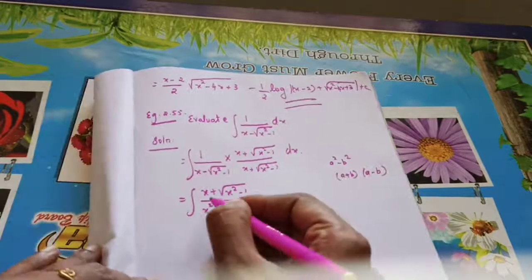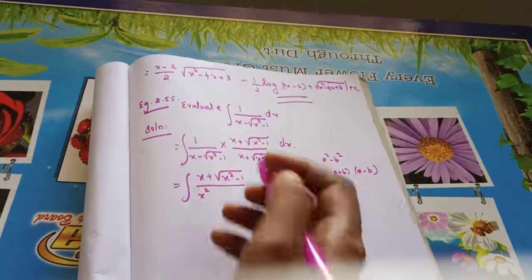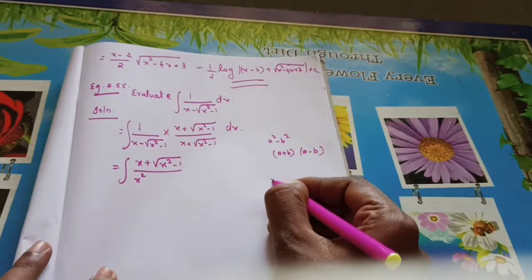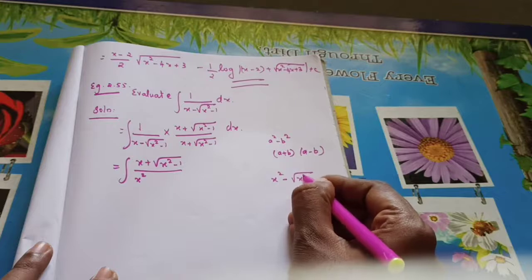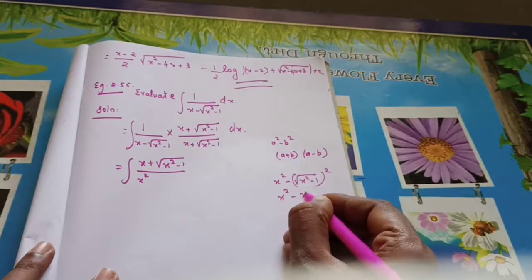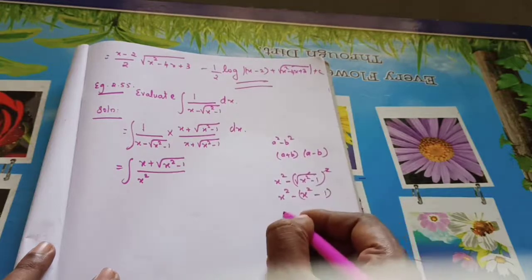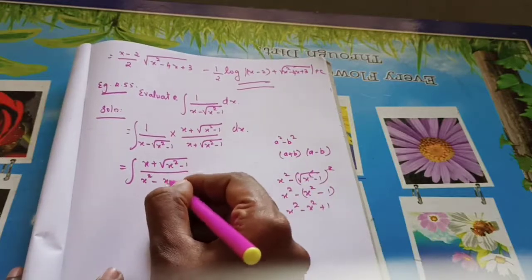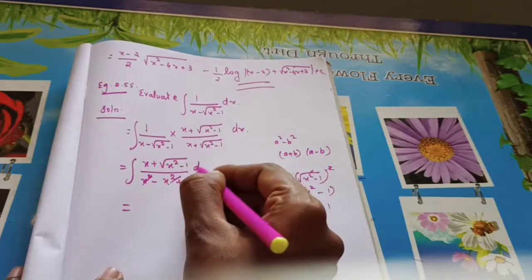Now substitute this formula, that is x square minus, if you need you can do it on the side. So a square minus b square means x square minus 1 the whole square. The square root and the square will cancel, so x square minus 1. So x square minus x square plus 1. Now substitute here, minus x square plus 1. So this and this will get cancelled, and divided by 1 it is the same, is it right?